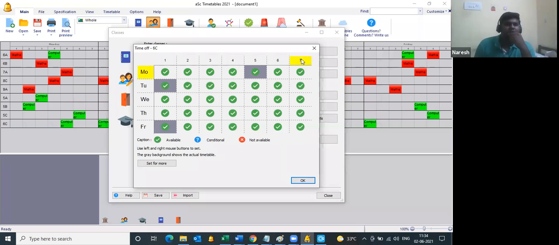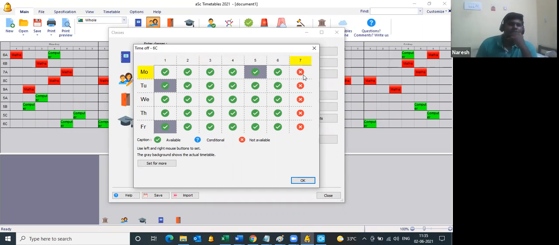The 7th period you need to click 2 times, so it will become X, which means this class 6C can have only 6 periods, and the timetable generation will not happen for the 7th period. The subjects will not be allocated for this 7th period.